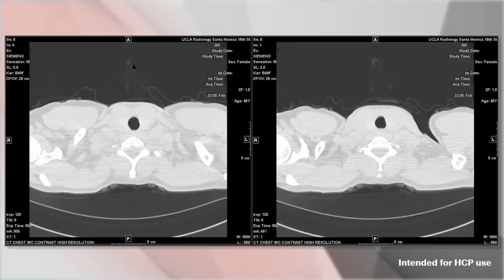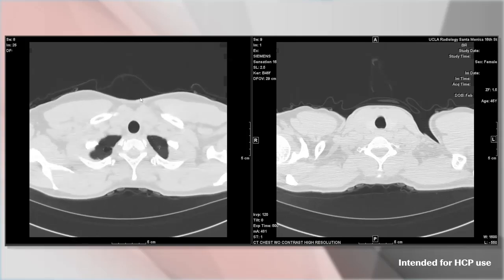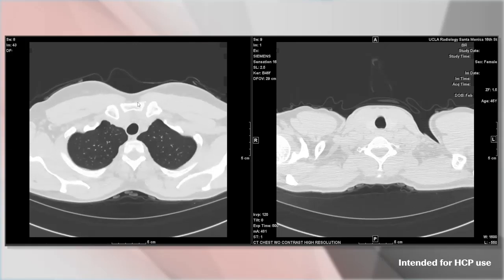Hi, my name is Rob Su. Today we're going to cover UIP on HRCT. So let me take you through a normal just to refresh your memory. And here we have inspiratory 1 millimeter cuts. And I'm going to just scroll through this so that we can appreciate what normal CT looks like in normal